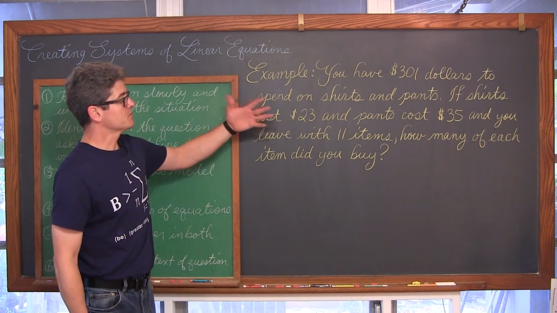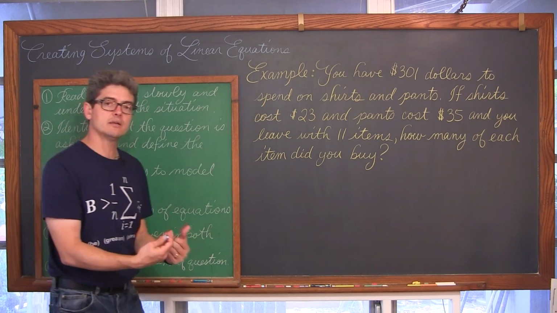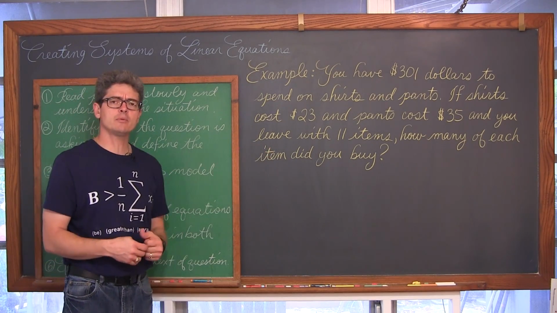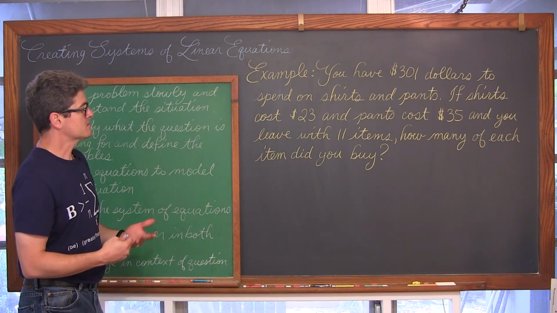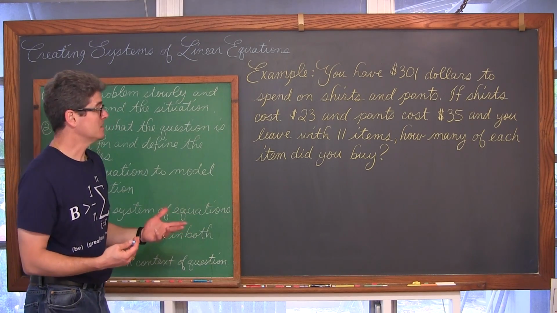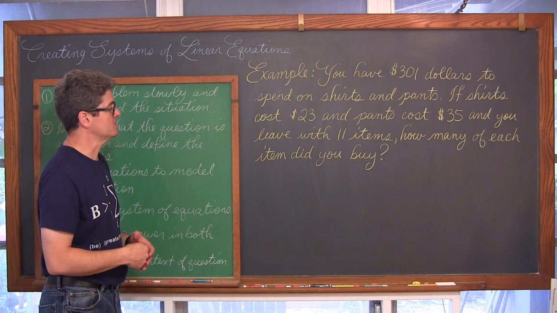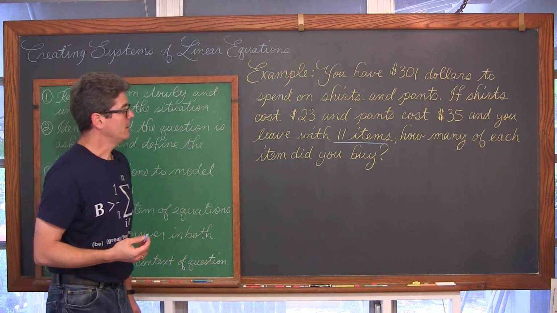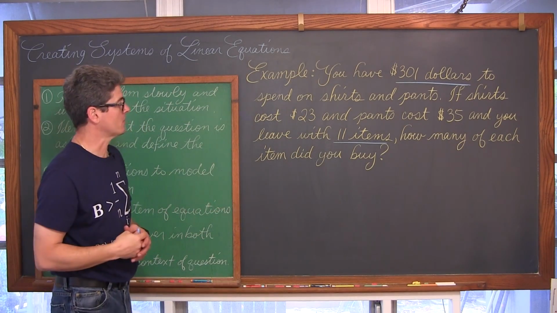Well, we're dealing with money. We're going to the register. We're going with a collection of items which are going to then cost us some money. Do we have any information in this word problem that's dealing with money and dealing with a total number of items? Because we may just buy some pants, and we may just buy shirts only, but I'm going to guess it's probably a combination of the 2. So we have information here about 11 items, and we have information here about $300. I think that would be a total amount.